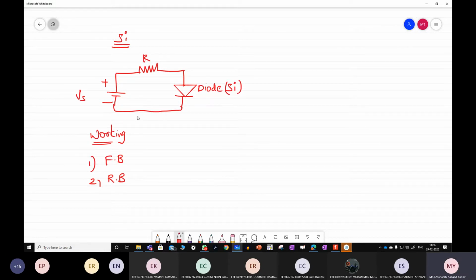Forward bias and reverse bias case. Again, in diodes, how many types are there? What is ideal and what is practical? In yesterday's class, I told you what is an ideal diode and what is a practical diode. Suppose this diode is forward biased, in the case of ideal, how should I replace this?